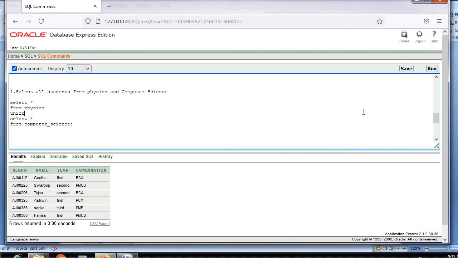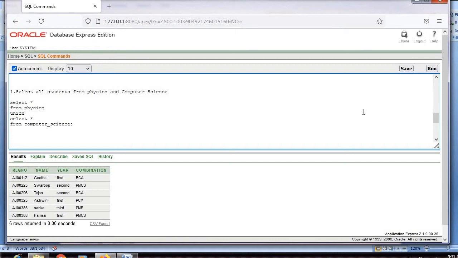Yes. So what is the question? They've asked you to select the students from physics as well as computer science. So now I'm using for this activity all set operations. So set operations, you know, union, intersection, set difference, there are n number of set operations.